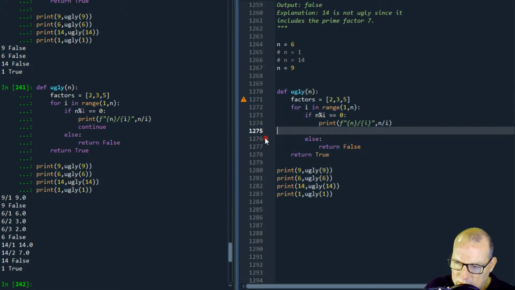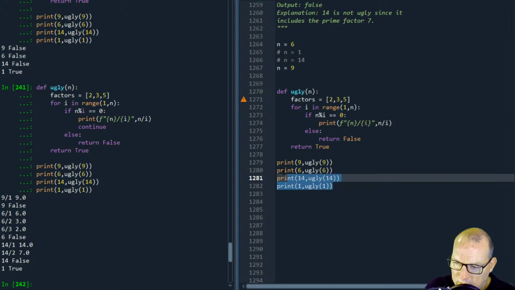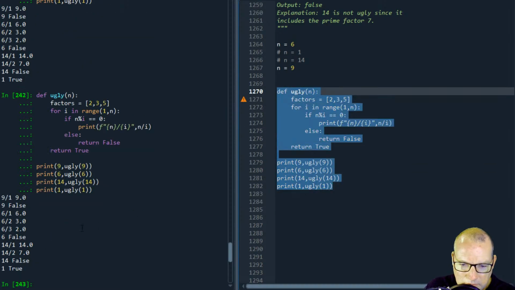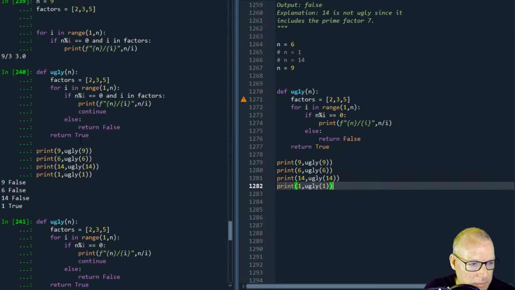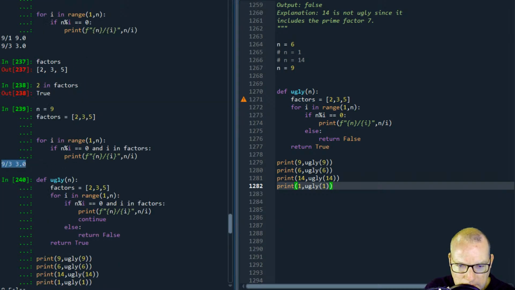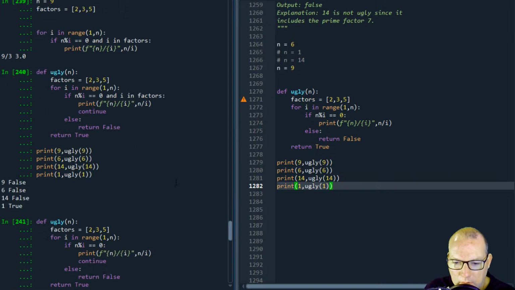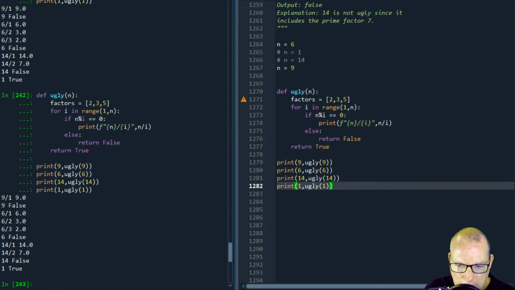Is my continue causing my problem? No. But right up here when I ran this, I got exactly what I was expecting, 3 and 9. And when I ran this,